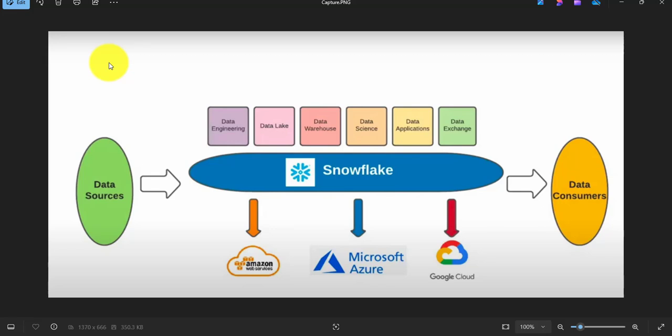While you create your 30-day free trial, while creating your account, it will ask which service you would like to use. You can select AWS, Microsoft Azure, or Google Cloud. Snowflake performs all services the same. Data consumers are on the right side: end users or applications that consume processed data from Snowflake, including BI tools